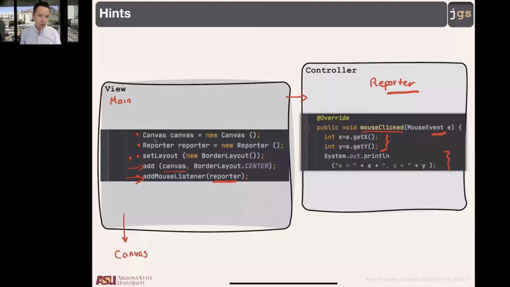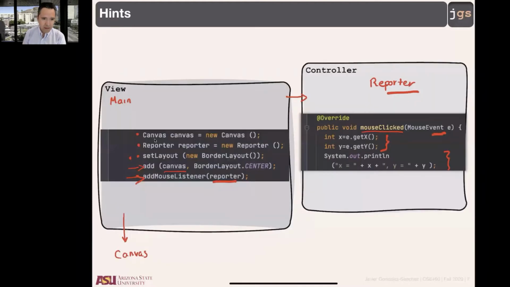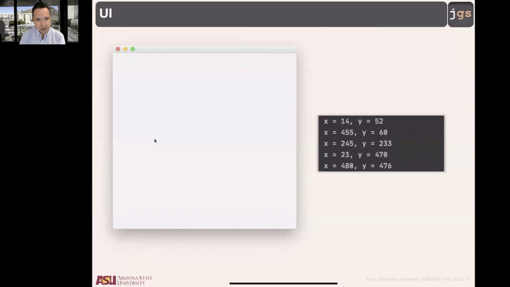Remember, do not create software programming everything in one step and try to review at the end if that thing is working. Step by step, incremental. Now, what you should have at this point, following the class diagram and maybe using these hints, should be an application in which I have this window, and every single time that I move the mouse and I make a click, for instance, click here,